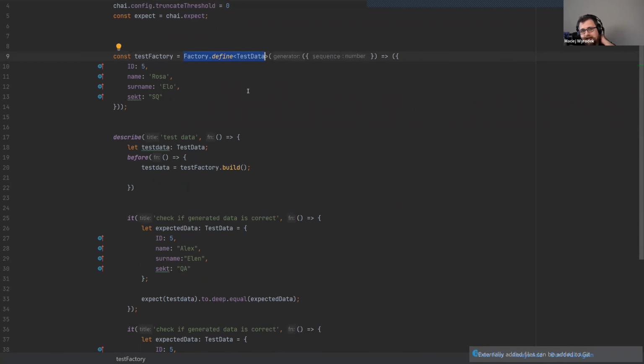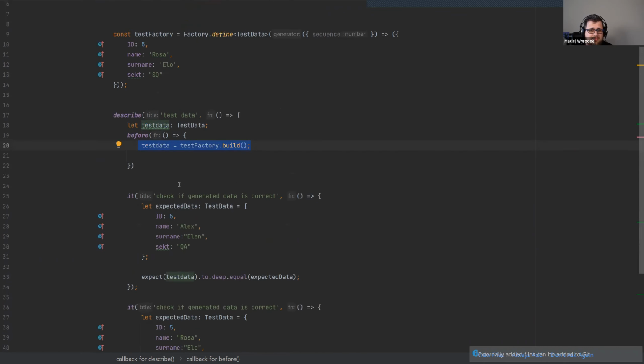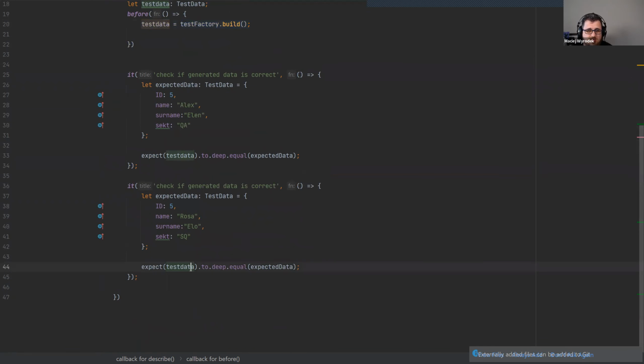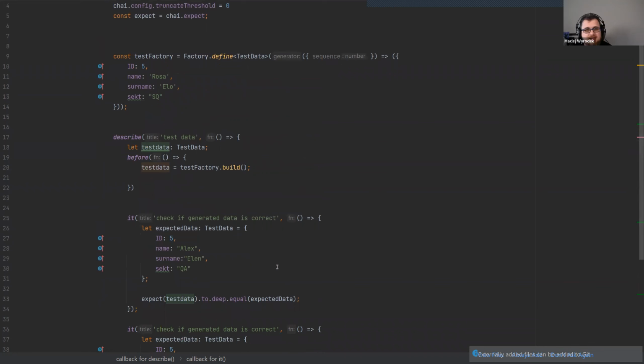This is a test with, how is it called, with the TypeScript. And then during my before test, I can generate the data. I can then use it to create my own already prepared data. It has some values. It can use different values too to generate them to make the comparisons. Usually in this case, I'm doing it very simply because I was checking the tool. But the idea is